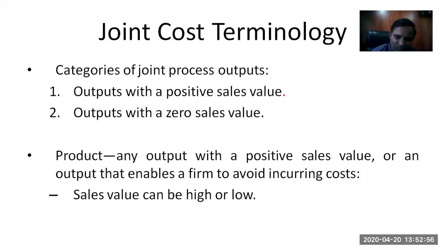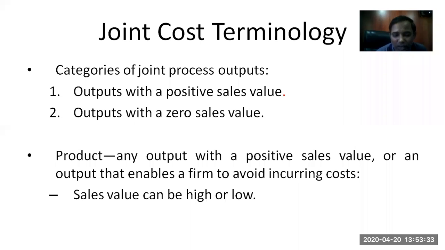For example, when a glass manufacturing company is converting sand into glass, they need to melt that sand, and for melting that sand they heat it to a very high temperature. Because of that, certain gases come out from the chimney of the furnace and go out to the air. So it is a part of the process that smoke is coming out. Smoke has no sales value at all, or you can even say it's a byproduct of the entire process.